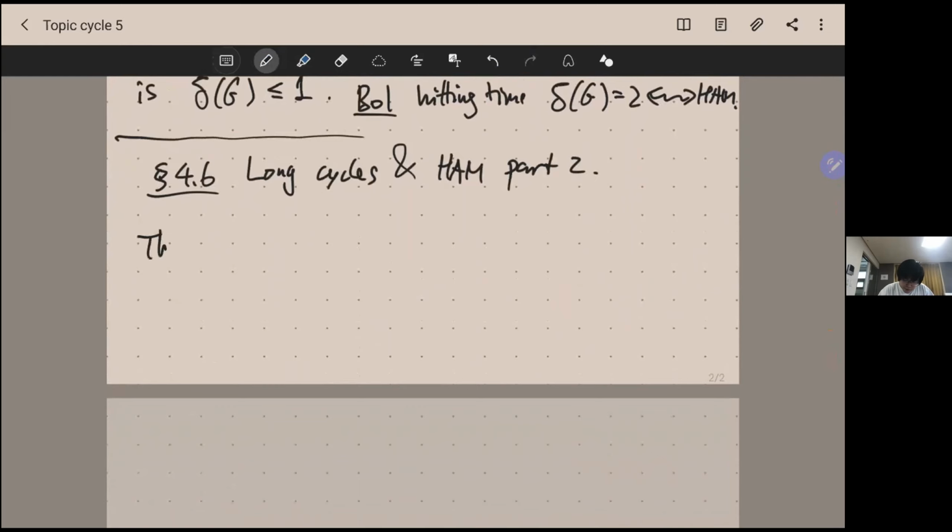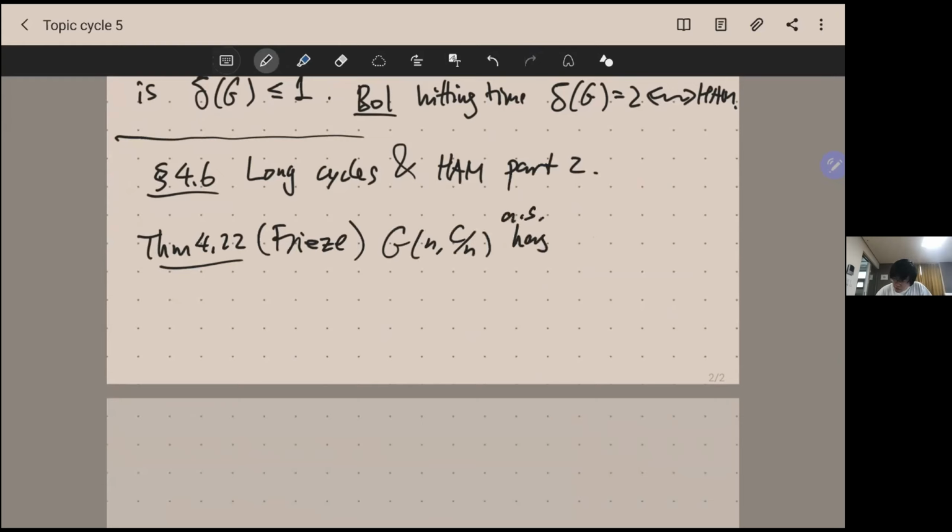The first one was first proved by Frieze. Both of these were followed by a fairly short and elegant conditioning argument. It shows that G(n, C/n) has almost surely a cycle C_L, where the cycle is of length at least 1 minus